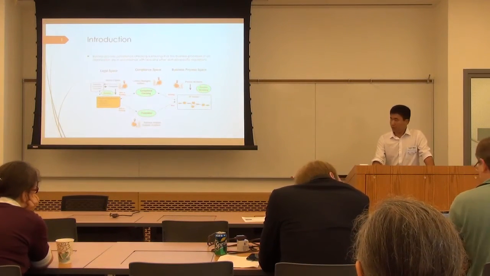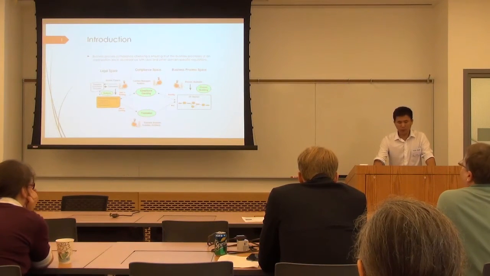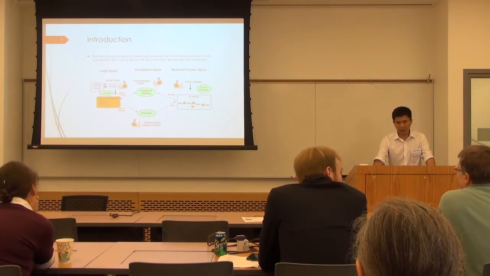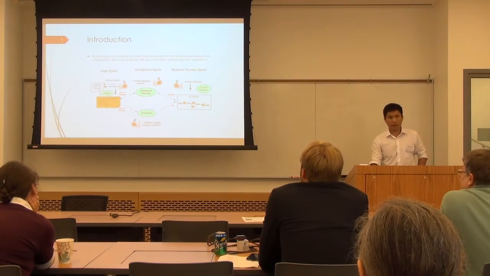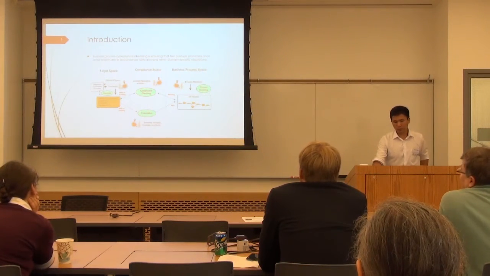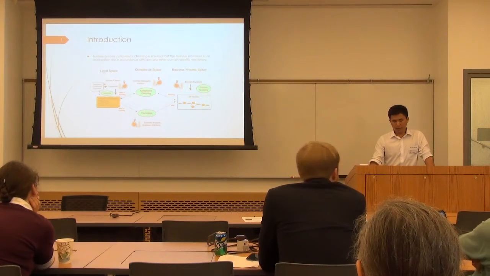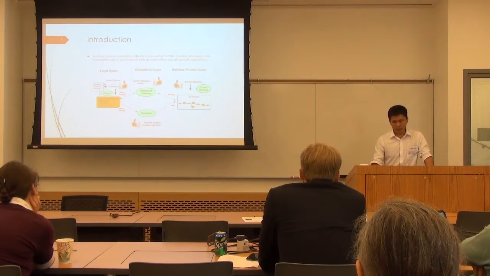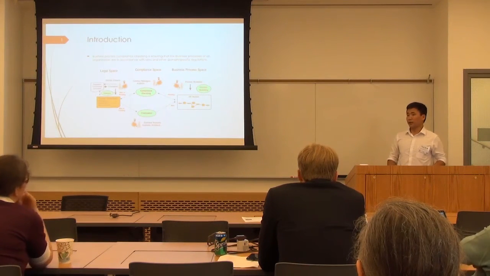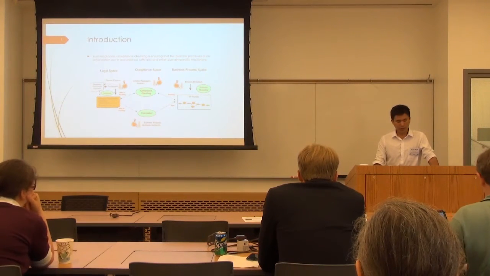As you know, in general, every organization has three main spaces: labor space, business process space, and compliance space. In business process space, the business process modeler will create new business processes or modify the existing processes of an organization. In labor space, the domain expert will define and create the set of business rules or regulations.